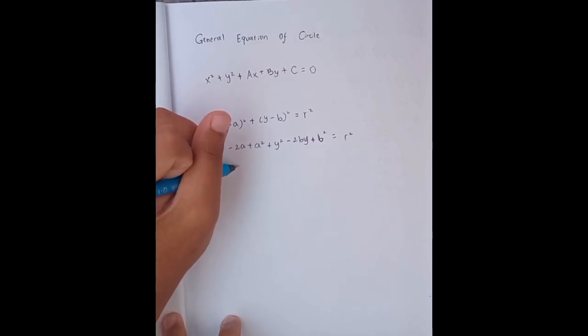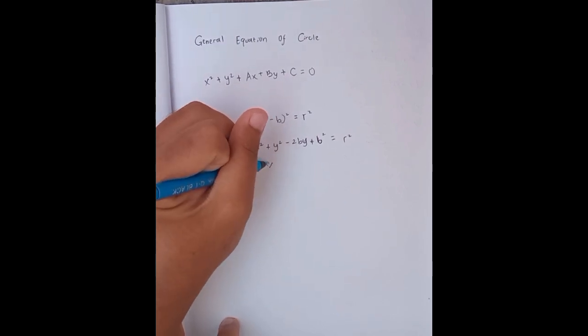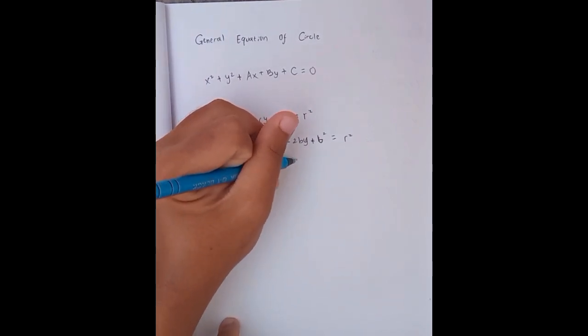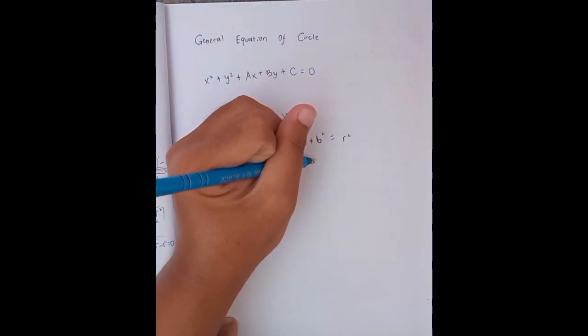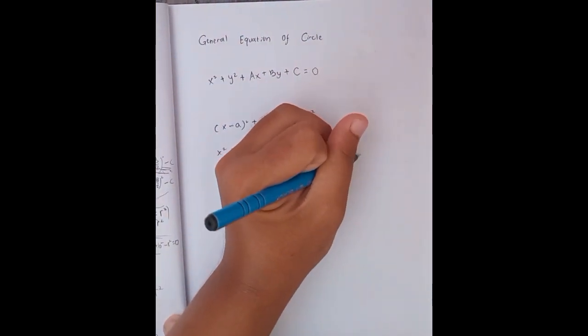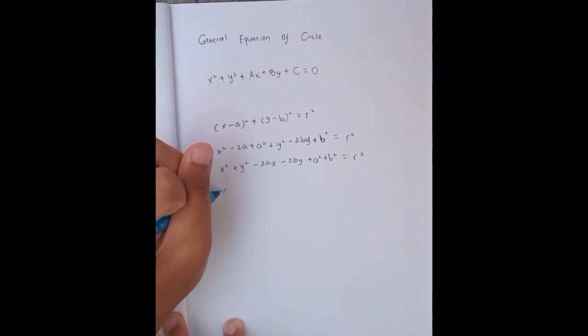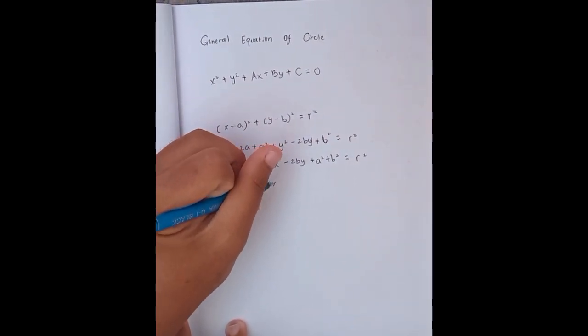Arrange each term to its respective degree, so that x squared plus y squared minus 2ax minus 2by plus a squared plus b squared equals r squared. Subtract both sides by r squared